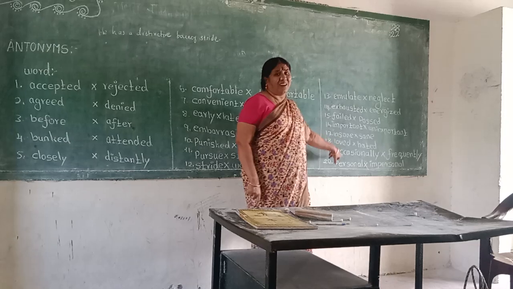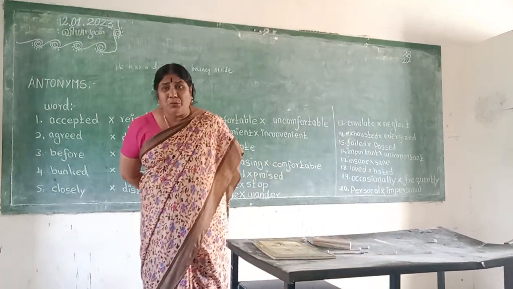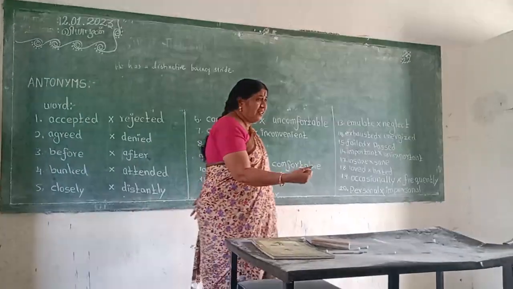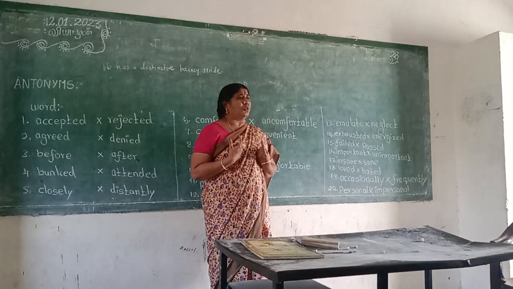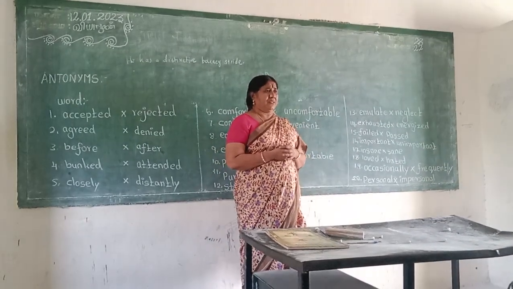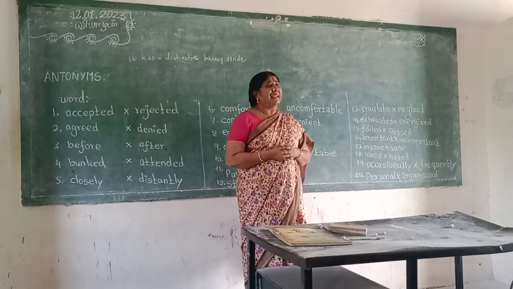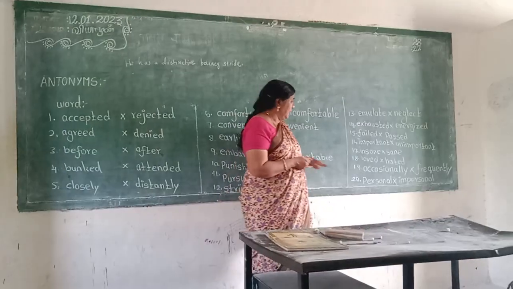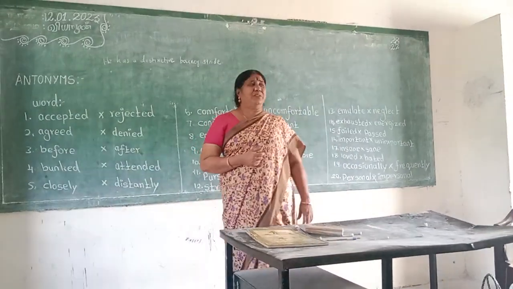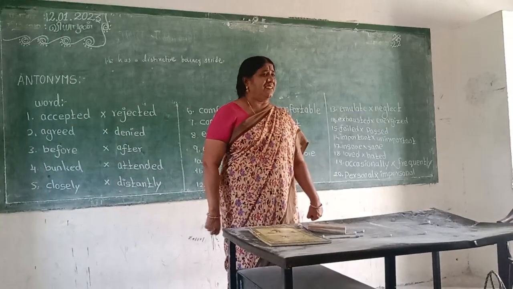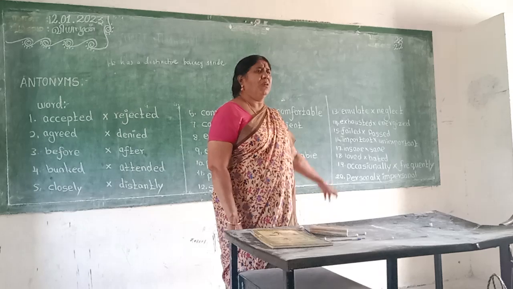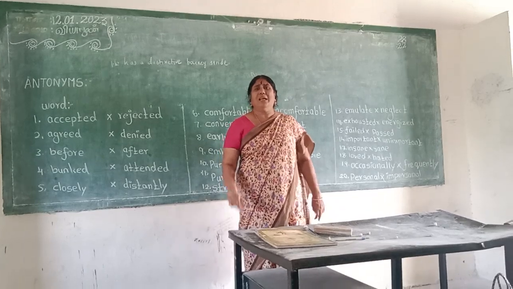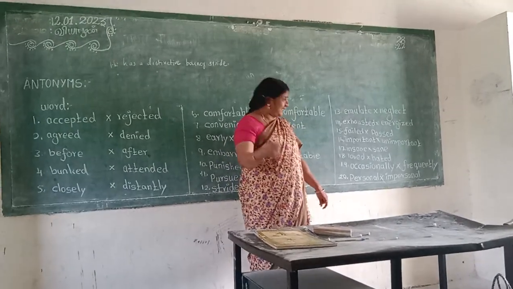Then love and hated. We always want ourselves to be loved for the good actions that we want to prove to everybody. If you want to be loved by everyone, you should have a broad mentality in you to prove yourself as the best friend to everyone. Honesty, loyalty, goodwill can always be the special qualities of you to prove your very good friendship. Is it so? And hated. If we don't have the affirmative or positive qualities in us, we will be hated by everyone. So, a person can be loved or he may be hated. It all depends upon the quality traits in him, the personality traits of him.